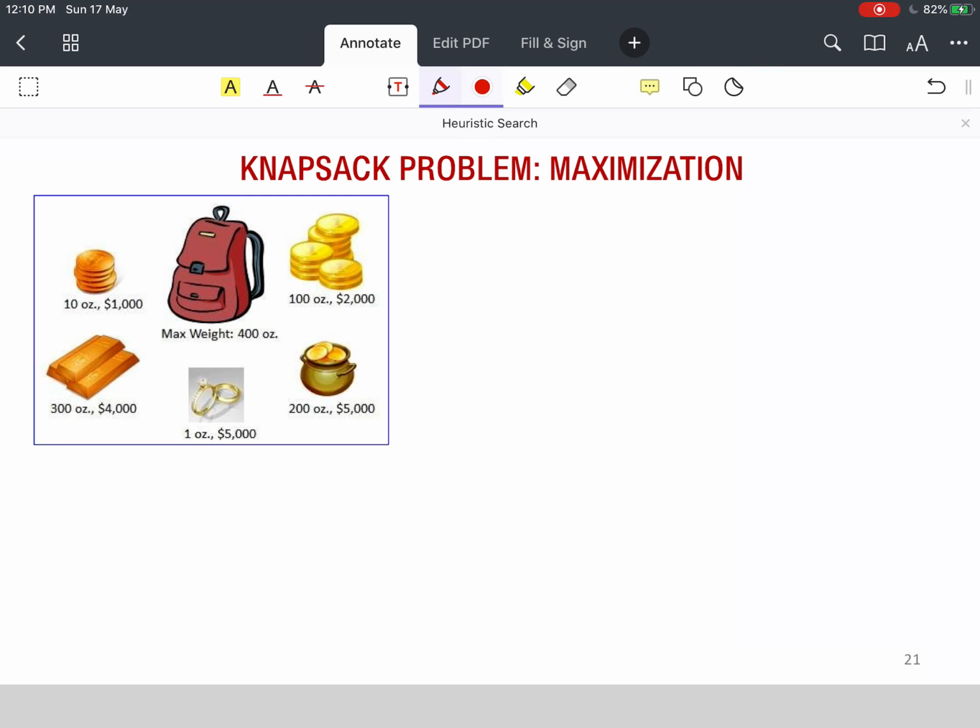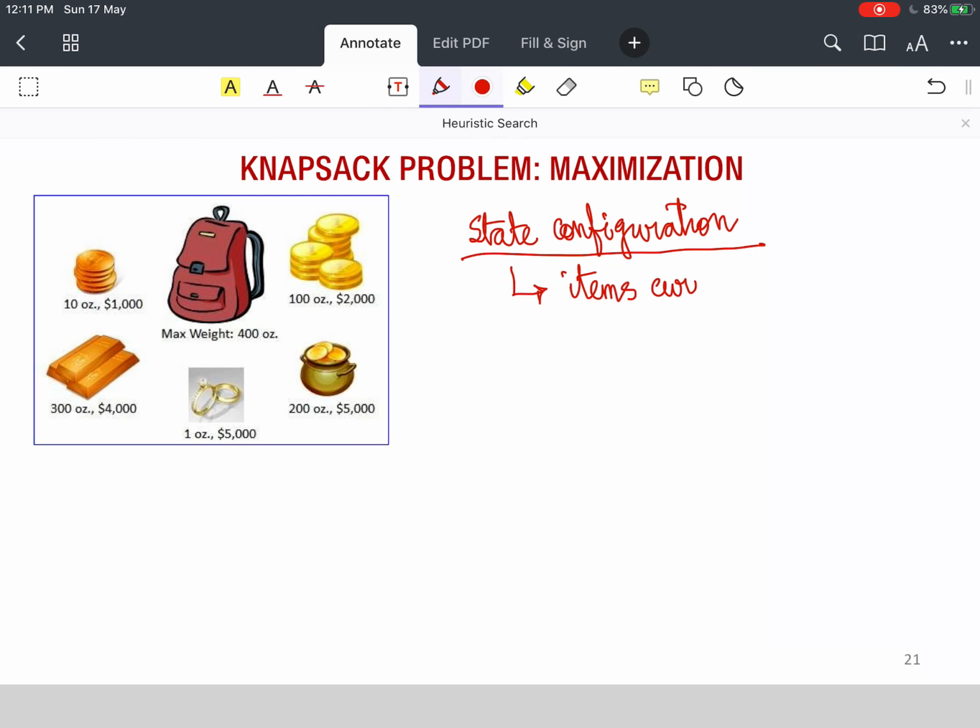We just discussed a maximization problem earlier, which is the knapsack problem. And in the knapsack problem, we now need to define a state configuration. A state configuration can be defined as the items currently chosen.